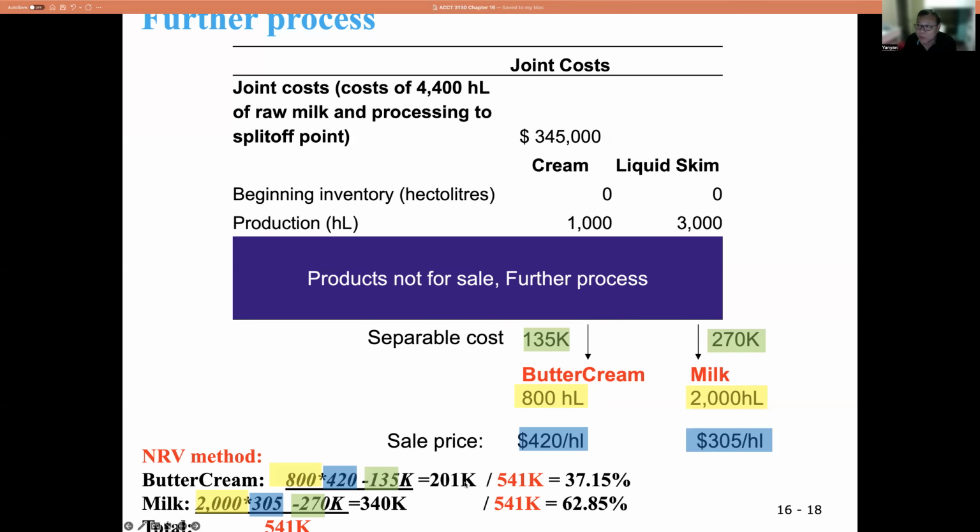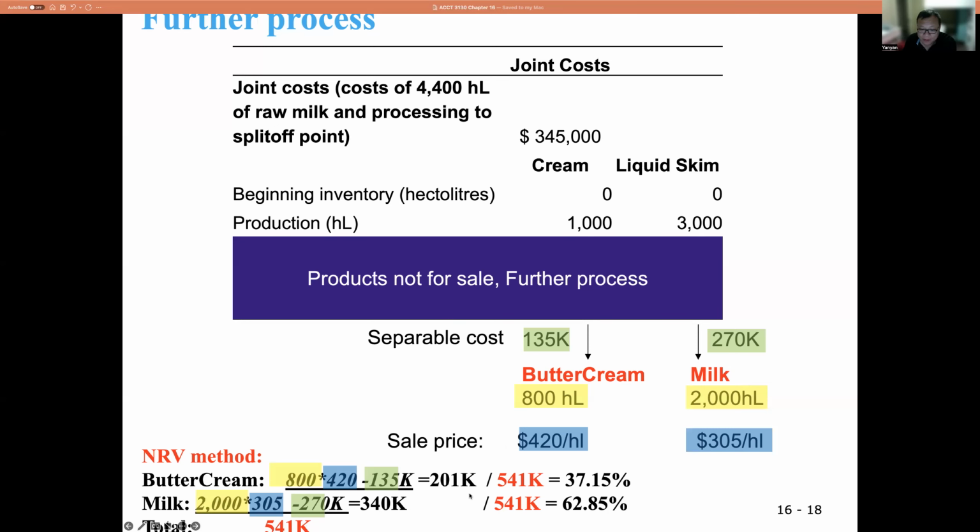So I have 201K. A similar idea for the milk: I have 2,000, the yellow, times 305, light blue. That's my final sales value of the milk, minus the 270K separable cost. So I have 340K. So 201K and 340K together give a total amount of